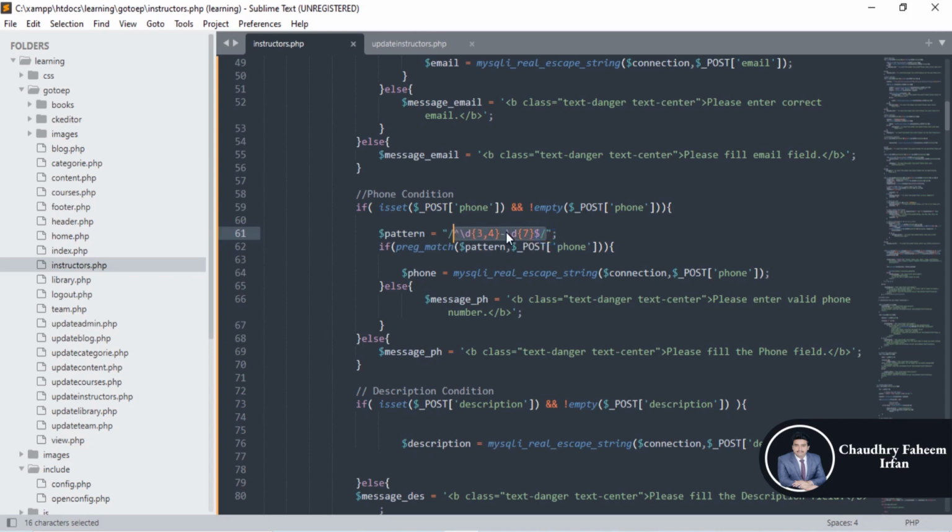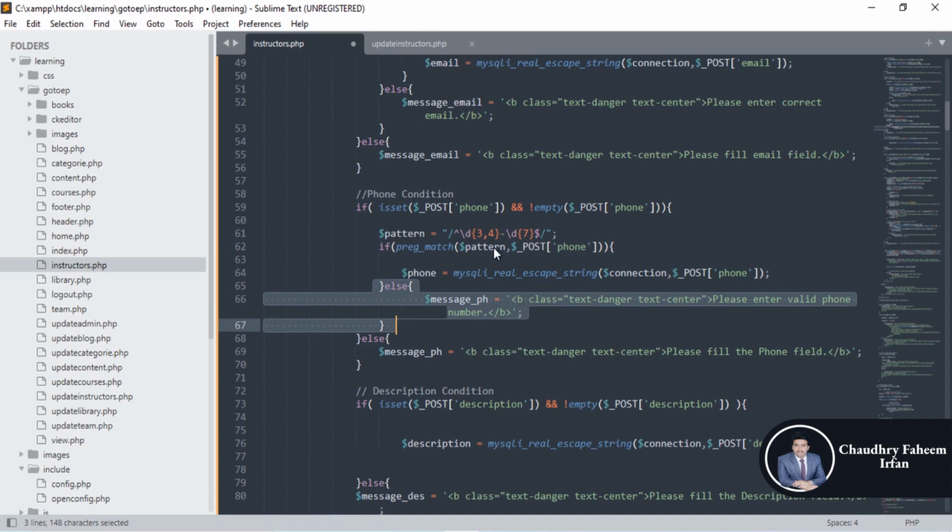By simply using 3 to 4 digits first, then a hash, then 7 digits. You can add after the hash 9 digits or 7 digits, or you can remove this check by simply removing this condition, these two lines, and the lines of the else part.